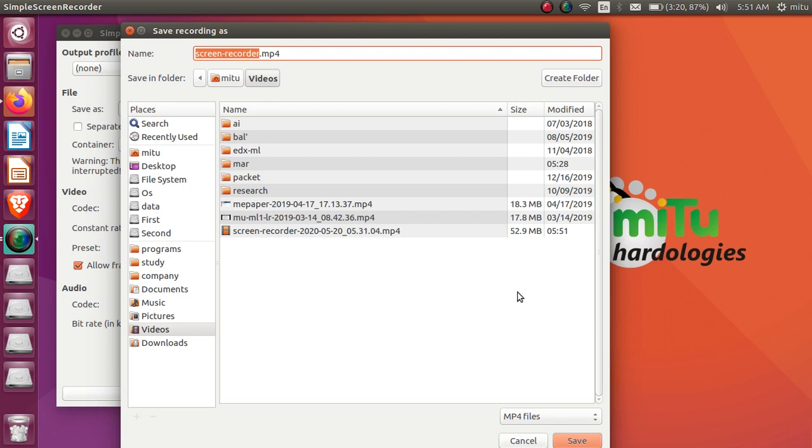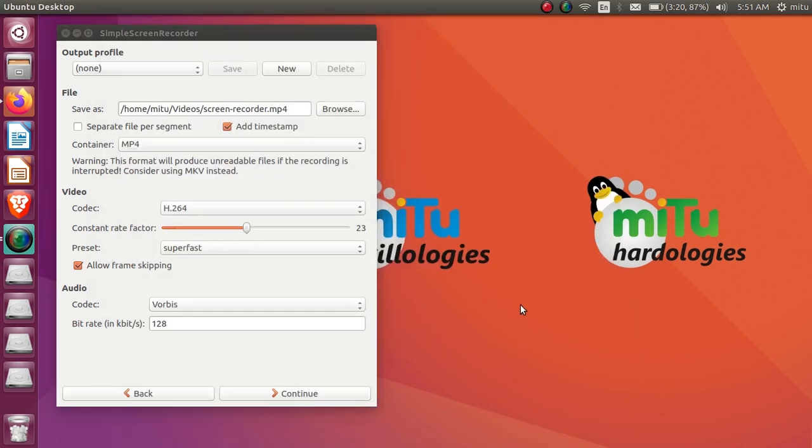One more thing you have to check over here: the current file which I am recording is shown here. Check it out, its size is changing. I am already using this, and the file is getting saved there. So screenrecorder.mp4 is the name of the file that will be saved in my videos folder. mp4 is the extension chosen. You can check this out under container.